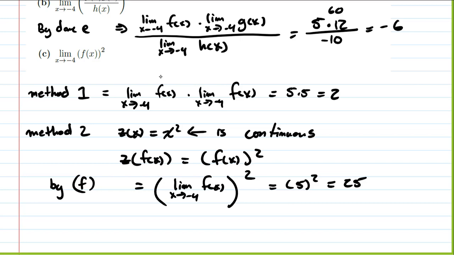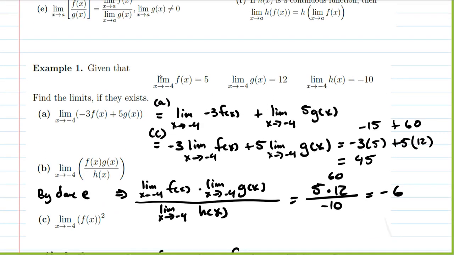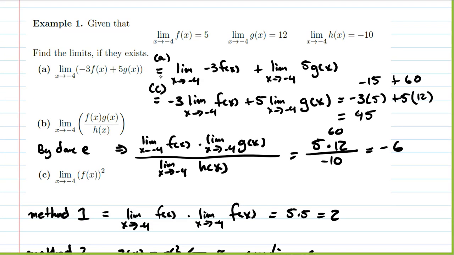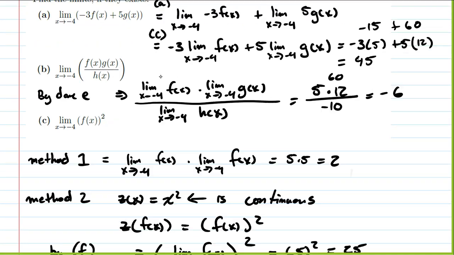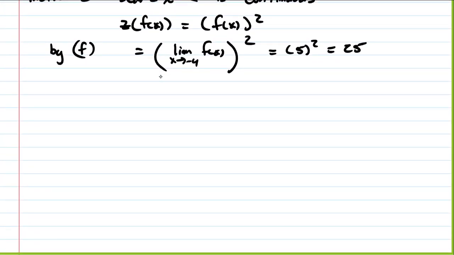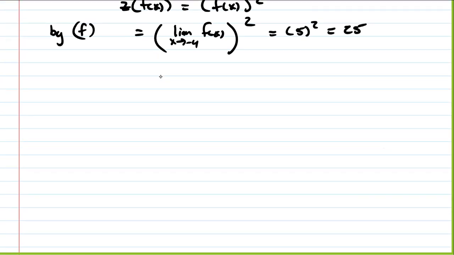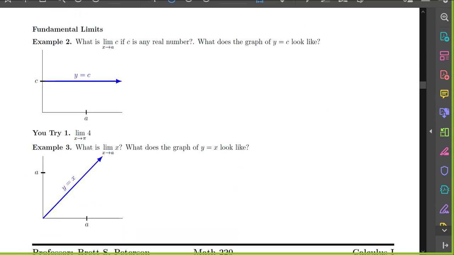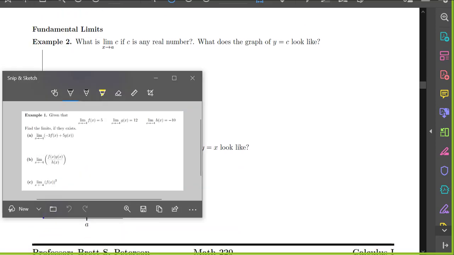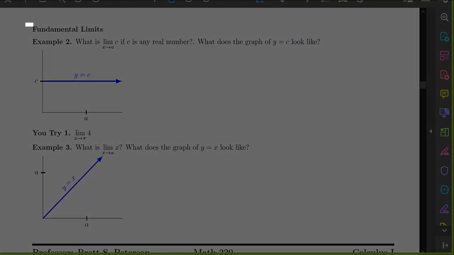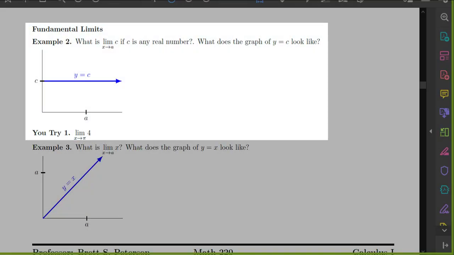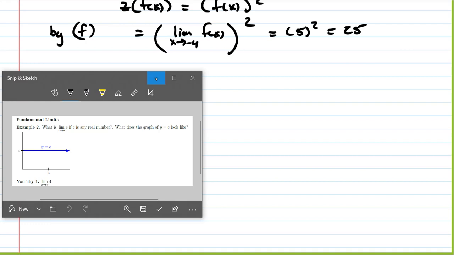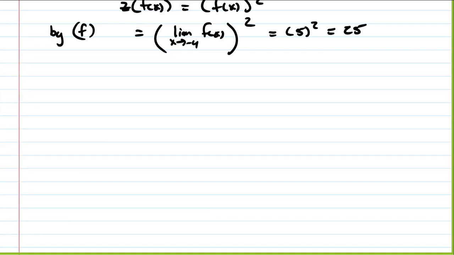All right, so we were doing this with limits that we were just given, right? Oh, f of x, the limit as x goes to negative 4 of f of x equals 5. Well, let's talk about, well, how do we actually calculate limits? So that leads to the next part of our notes, which is some fundamental limits. So if we visualize our first